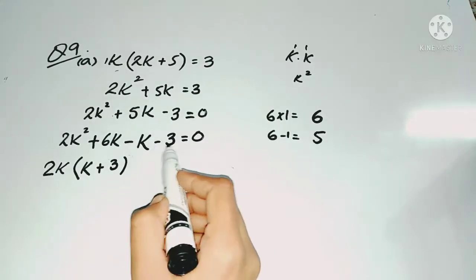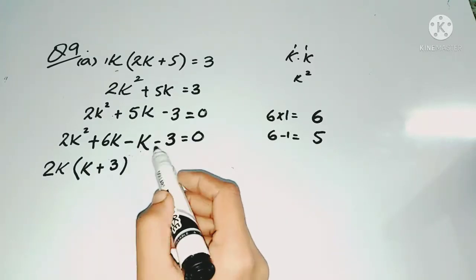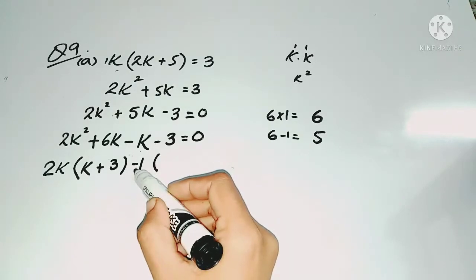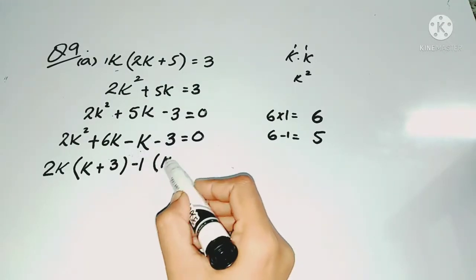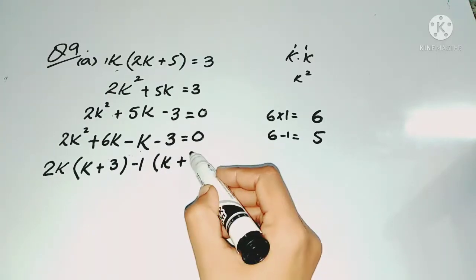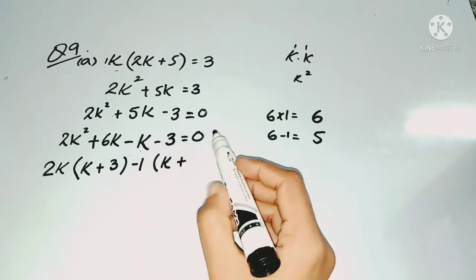Now what can you take? As you can see that minus sign is with these both numbers. From these two terms you can take minus 1 common. And you know that whenever you take minus sign common, sign inside the bracket will be changed. So you write down this k as it is, and this minus sign will become plus. 1 k's are k and 1 3's are 3. And minus sign will become plus because you have also taken minus sign common.